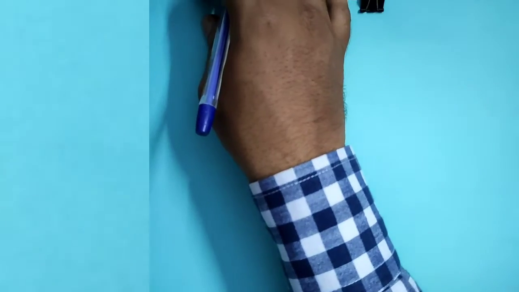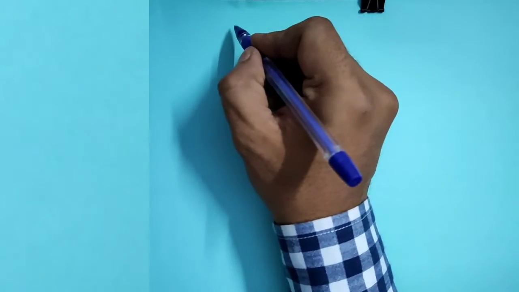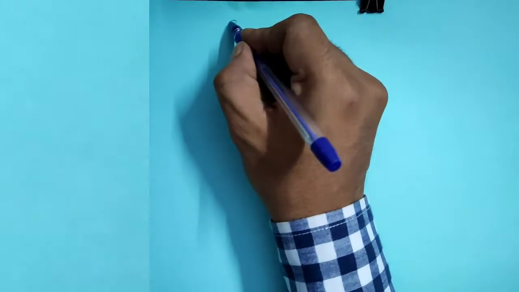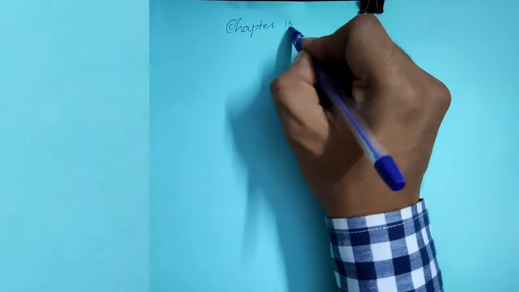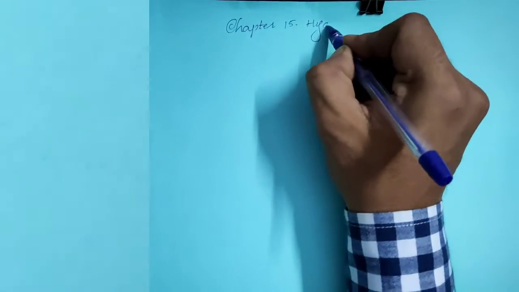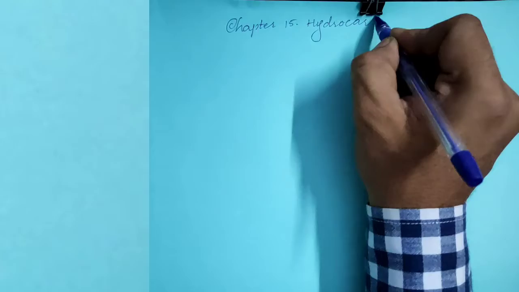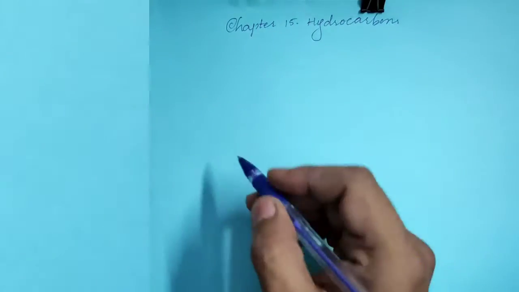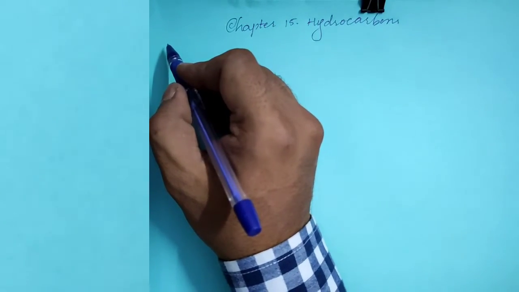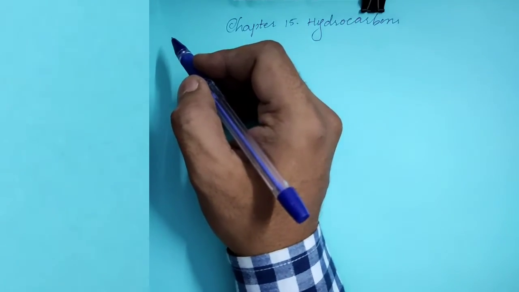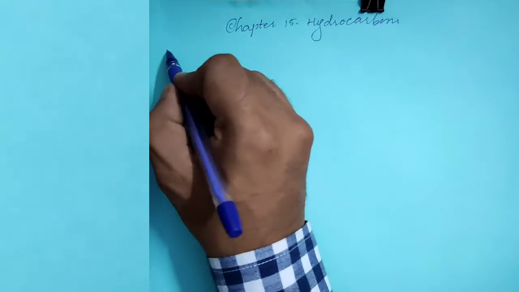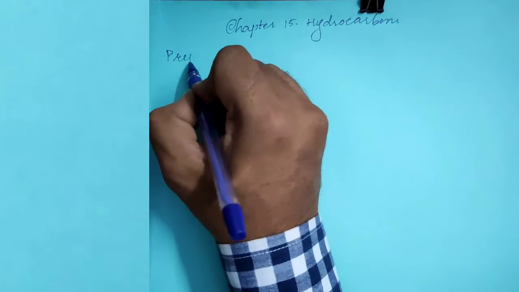Welcome back to the chemistry lecture of 11th science. Students, as you know very well, we are studying chapter 15, that is hydrocarbons. And we are at the topic of the preparation of alkynes. Last time we saw the reaction, but that was not complete. So let's go ahead with the preparation